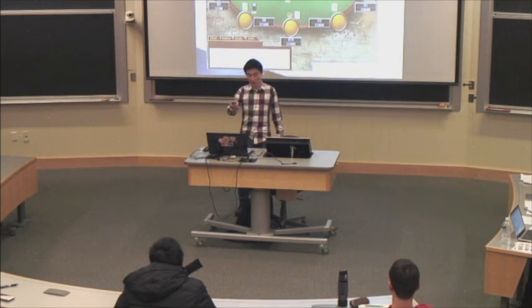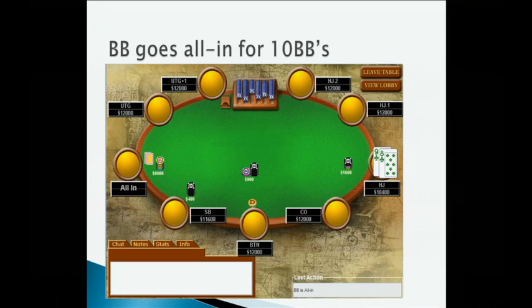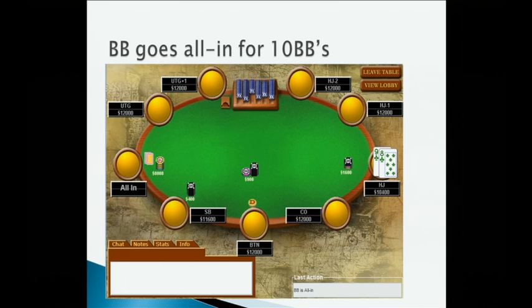So I just wanted to show you a hand here that looks maybe a bit like bad play to some of you, but I think it's very reasonable play. So we have 9-8 suited, we have 15 big blinds, so we don't go all in, right? Which is fine, we make it 1600. And then it's folded to the big blind, but the big blind goes all in for 10 big blinds. So normally if the big blind had covered us, if they had 15 big blinds, you would probably fold this because you have 9 high. You don't have enough odds to call.